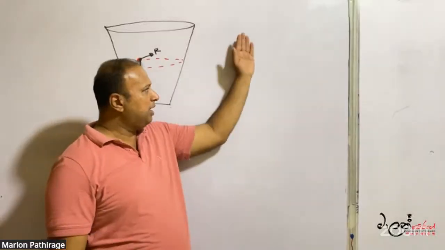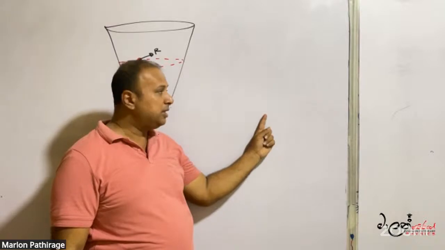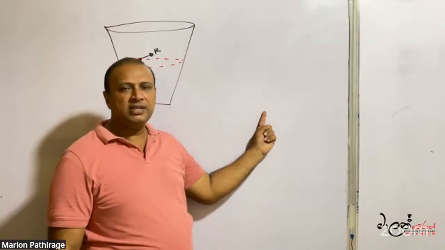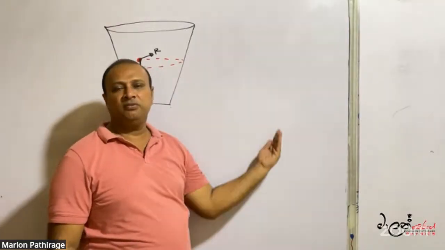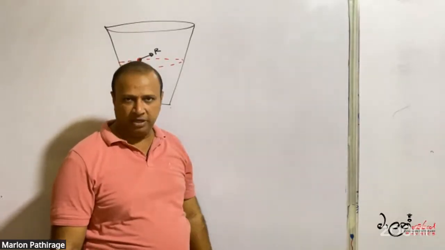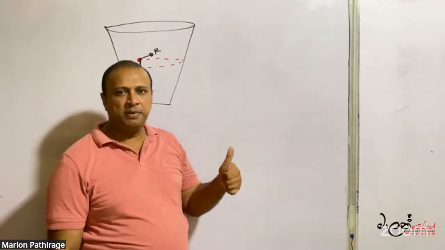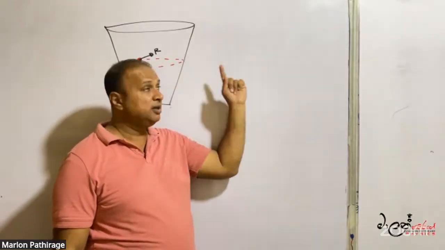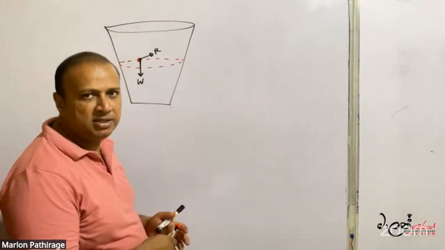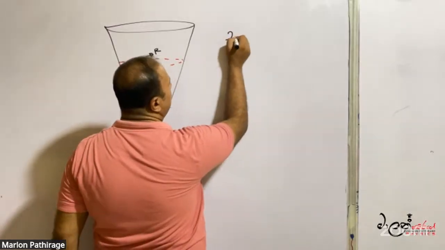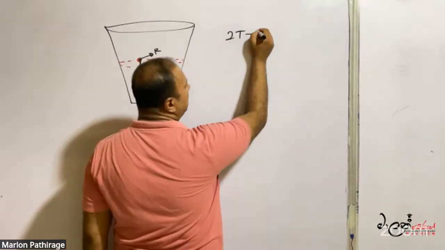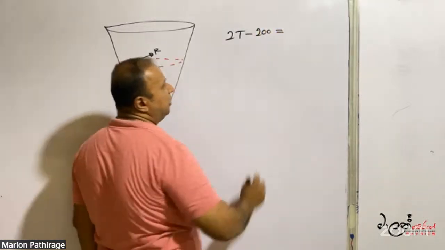Now there's a swing, and it is at the bottommost position. There are 2 tension forces exerted in the upward direction. The weight is in the downward direction. So if we apply F equals ma towards the center, 2T minus 200 is the force. 2T is in the upward direction, and downward there is the weight, that is 200, is equal to